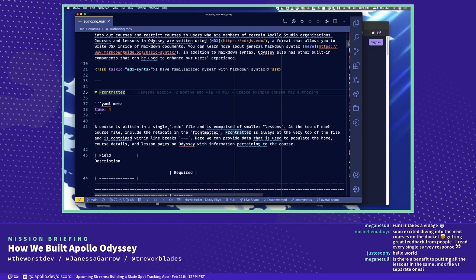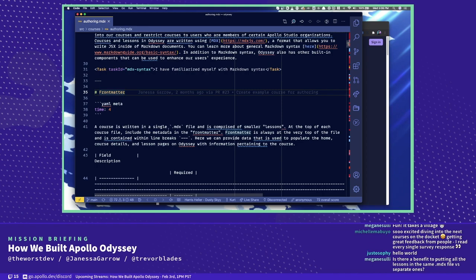I also have to wonder if it makes PRs and communication around the course a bit easier as well, because instead of your PR possibly having 10 or 15 files somebody has to go through, they can just read the markdown from one file. It's like everything is enclosed. It's just scrolling up and down to figure out where you are. So I could see that being a benefit as well.